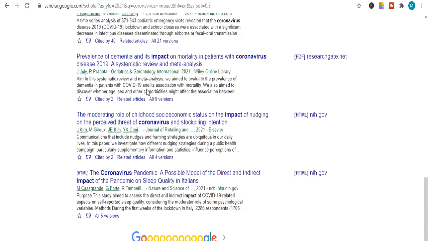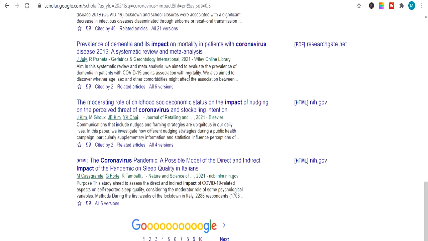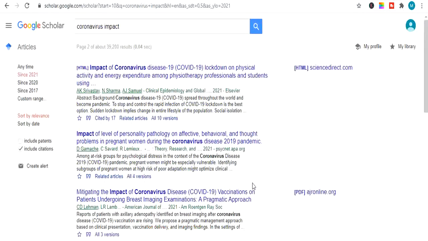As we move ahead, there is another topic, impact on mortality in patients with coronavirus disease. Then there is moderating role of childhood socioeconomic status on the impact of energy on the perceived threat of coronavirus and stockpiling intention. If we move ahead to the next page, you will find more topics related to coronavirus.